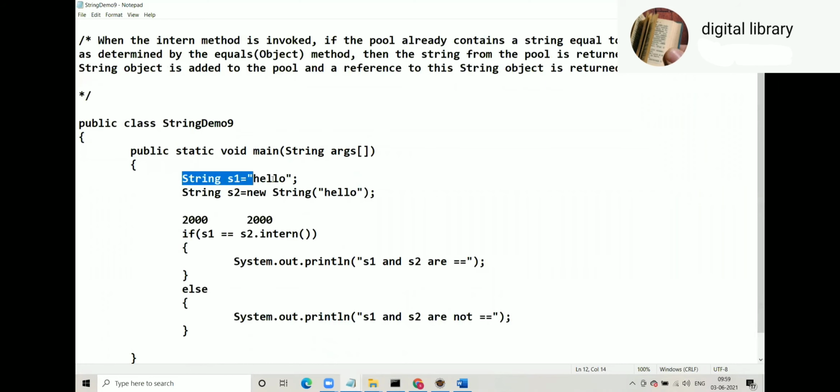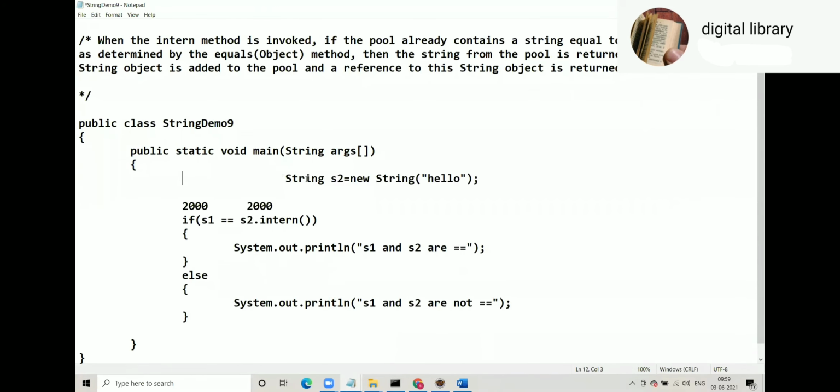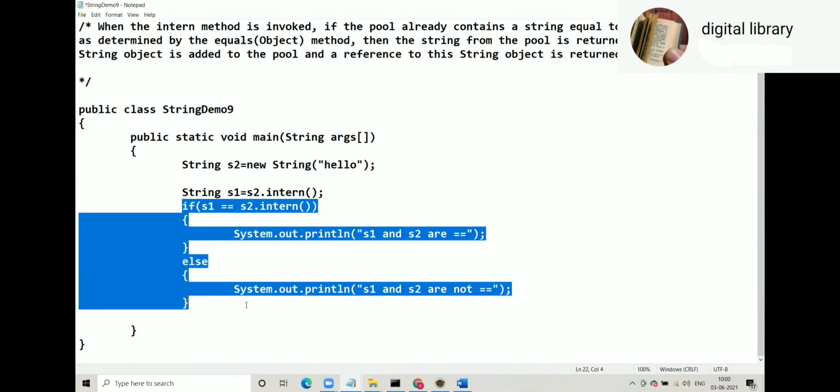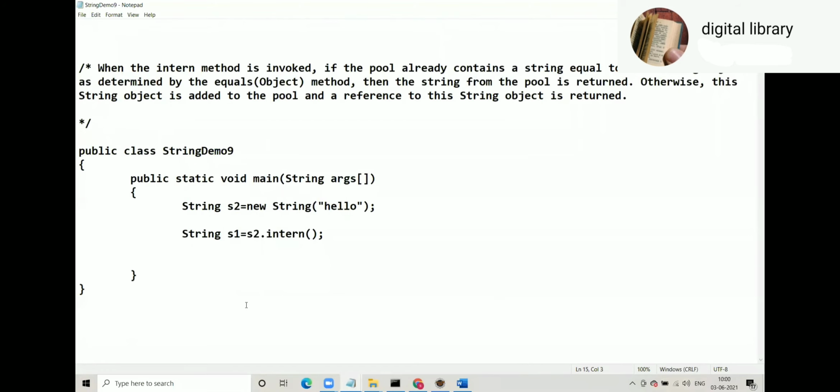Okay. यहाँ पे जस्ट इतना ही, हाँ, तो यहाँ पे